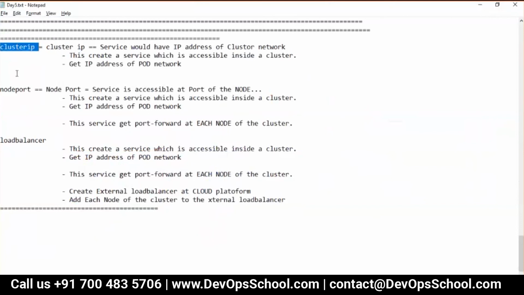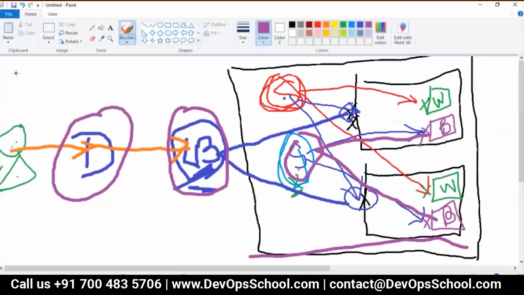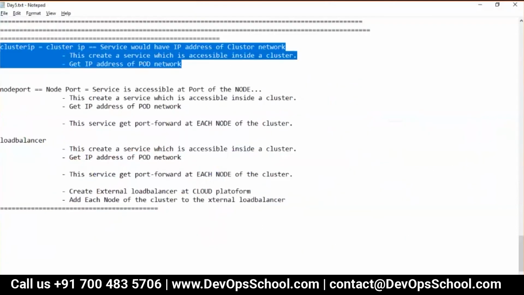Okay, so I hope by now you have understood. You know one thing, guys: when you create a service, balancing the pods, that service we call type ClusterIP. Please read this, only the selected part.